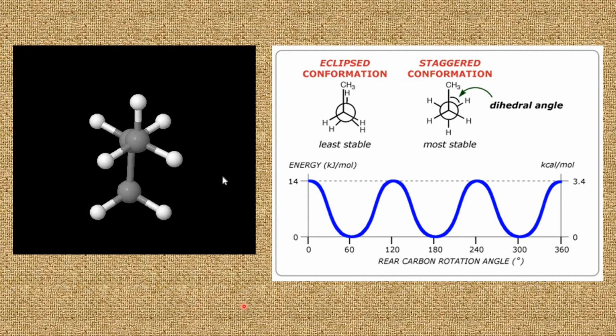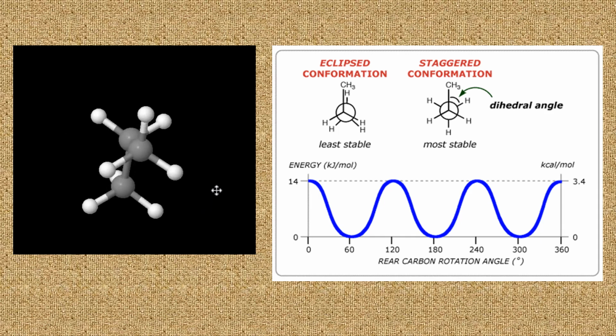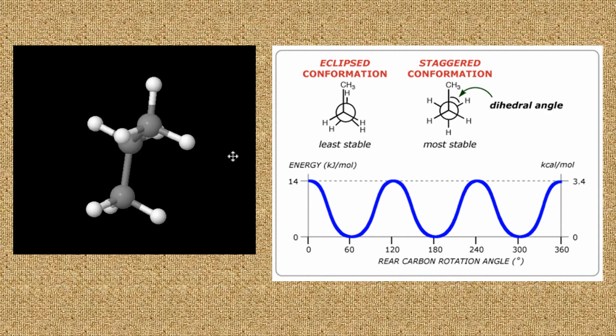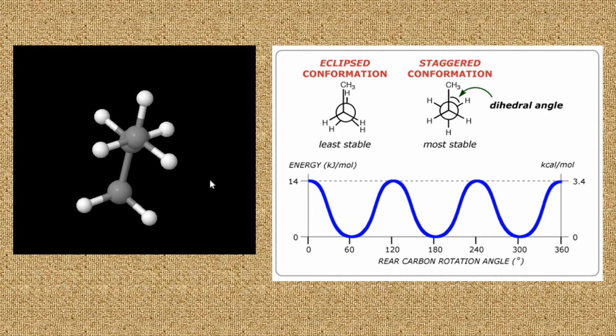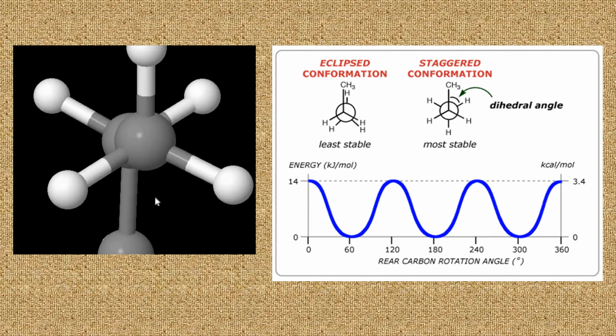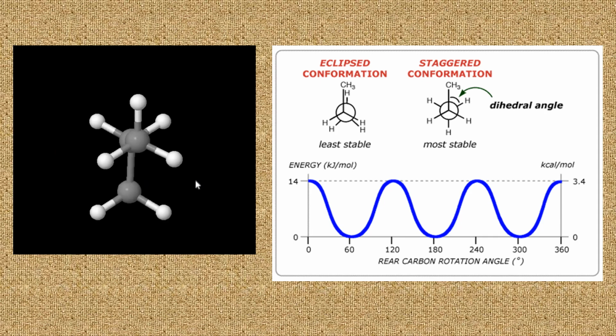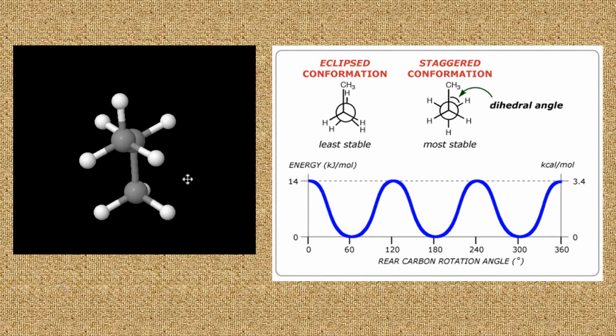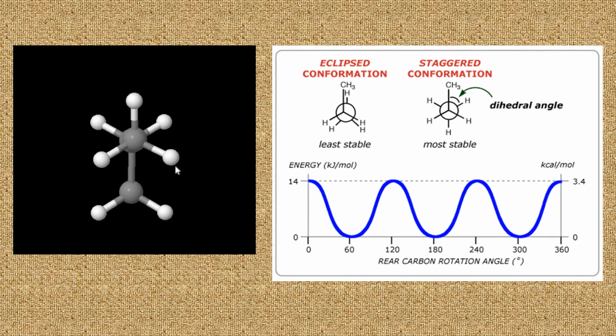And this is the three-dimensional structure of propane. Here this is carbon number 1, the front carbon. The second carbon is at the back. The second carbon is connected to two hydrogens and one methyl group. We can visualize all the carbon atoms now. Now we are visualizing the Newman projection of the propane molecule.